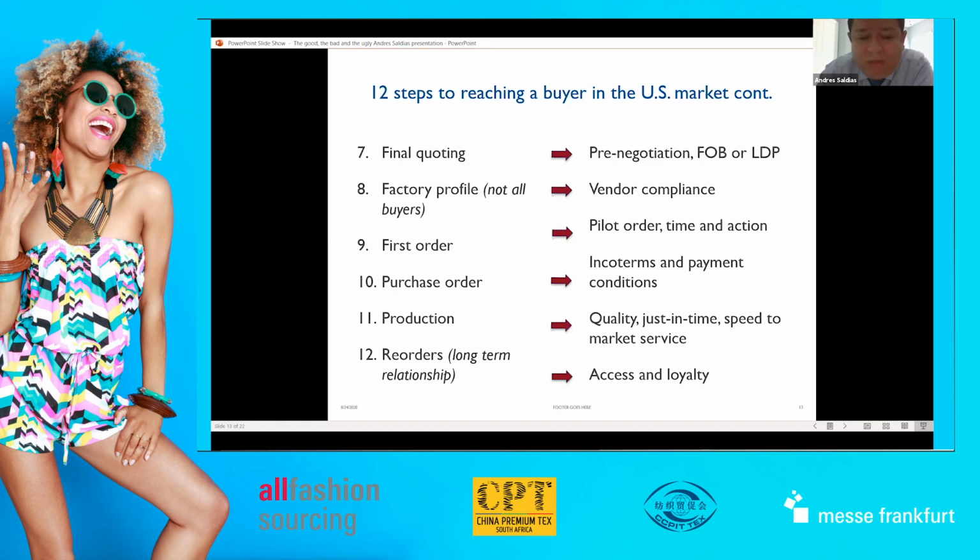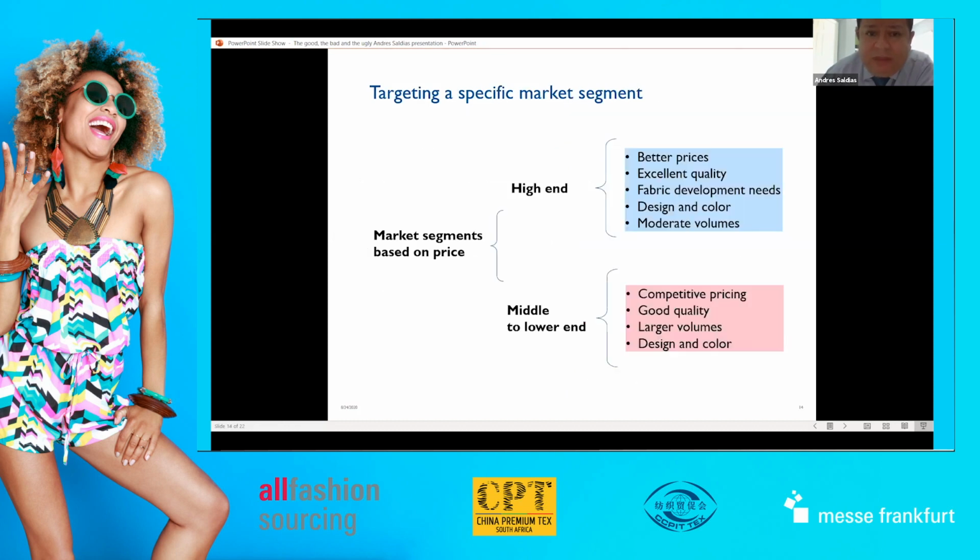Once you do your first delivery, you will receive your first reorder. Once you get your first reorder, I always say it, then you have the client in your hand, and you have access and you have loyalty. And as you can see, in any of these 12 steps, any mistake, even though you get to step number 6, but you don't provide the sample on a timely basis, all the first 6 steps are done. You are out of the market. So it's very difficult to get there, but once you have them on the hook, you better understand that these steps have to come and you've got to be efficient.